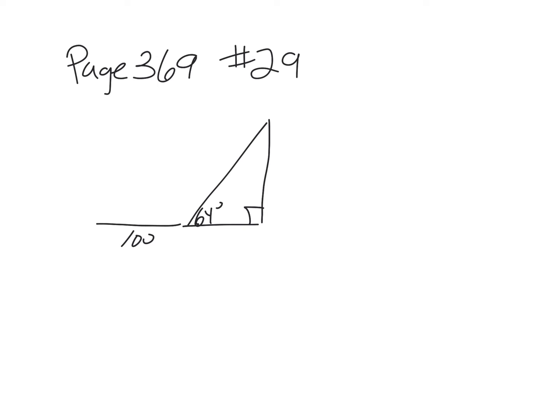And observes that the angle of elevation to the top of the antenna is now 46 degrees. Based off this information, we need to find the height of the antenna. So this looks like there's a lot going on here, right? Because you want to know what the height of the antenna is, h, and yet the only information we're given